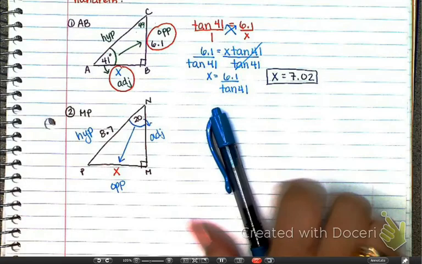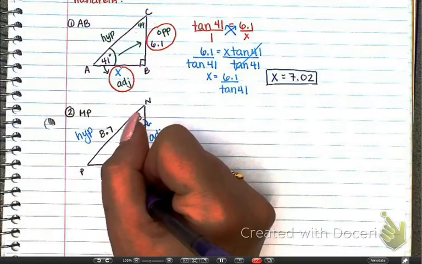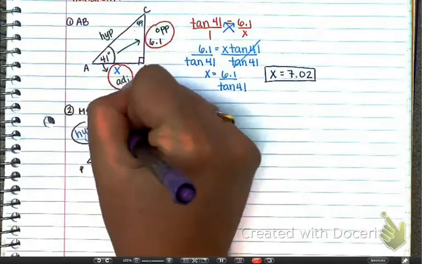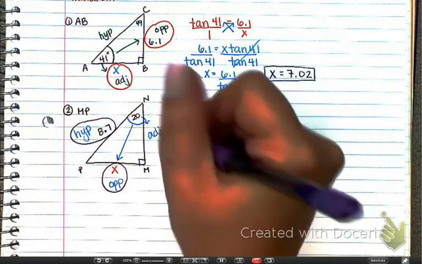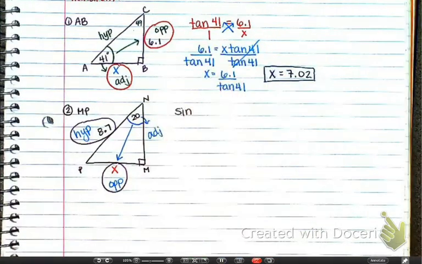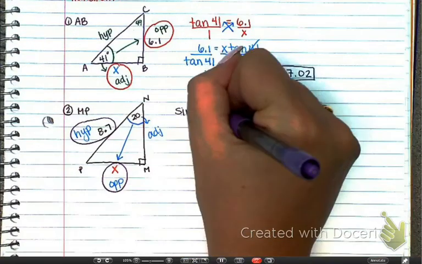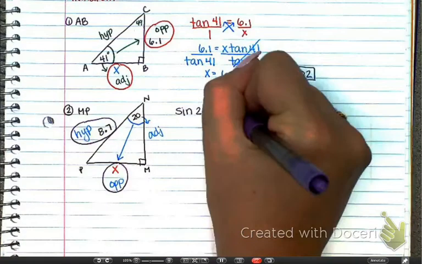Okay, which two sides am I going to use to set up my proportion? The opposite, because it has the variable, and the hypotenuse because I know information. Agreed? Okay, so which trig function, sine, cosine, or tangent, uses the opposite and the hypotenuse? Sine. We're good at that. Okay, so the sine of 20, so the sine of your angle, equals, sine is which, how do I put this, sides? Opposite over hypotenuse. So x over